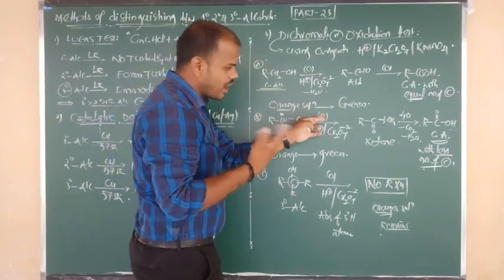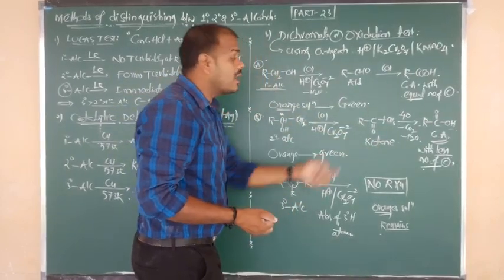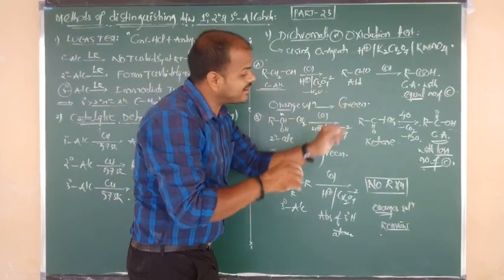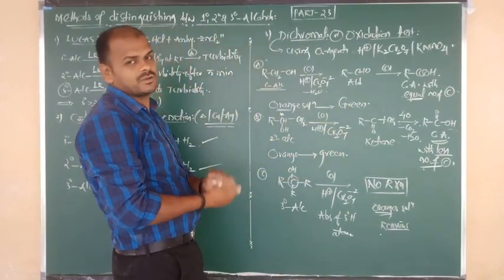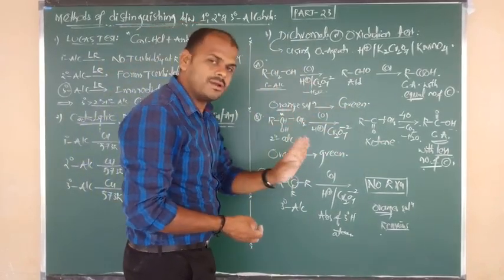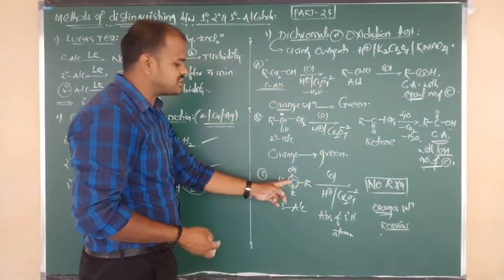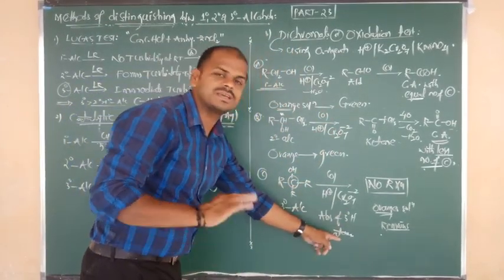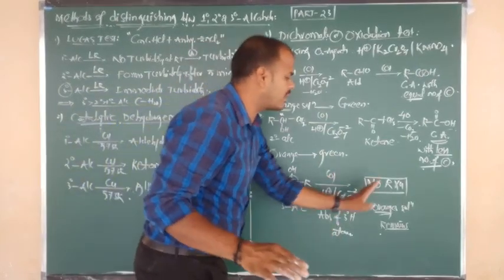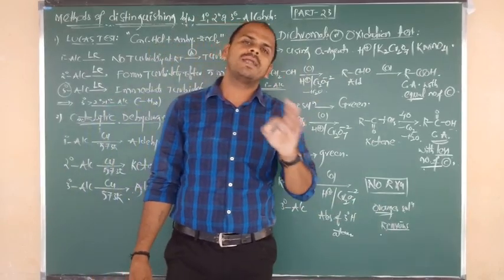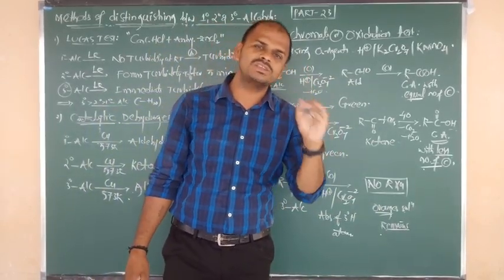Secondary alcohols upon oxidation give ketones. Again upon oxidation, they give carboxylic acids, but these contain fewer carbons compared to the secondary alcohol. Because we get a carboxylic acid, the orange solution changes to green. Tertiary alcohols, due to the absence of a tertiary hydrogen atom, won't undergo oxidation. That means the orange color of the dichromate solution remains the same in its original state.